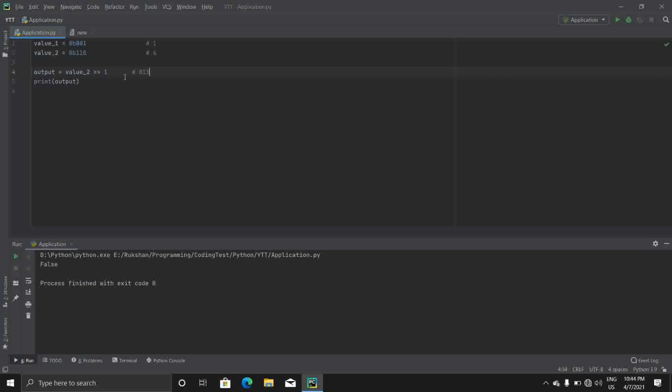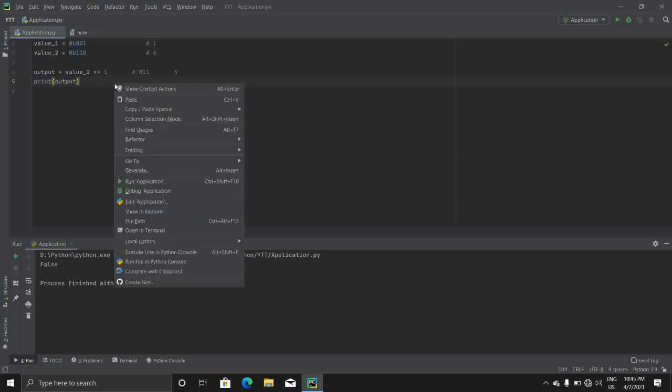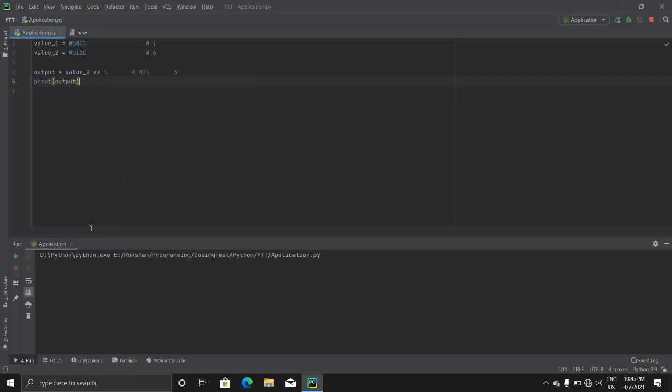1. Then this binary number represents 3 as an integer, right? Now let's see the output. Yeah, we get 3. Now let's see how to use left shift